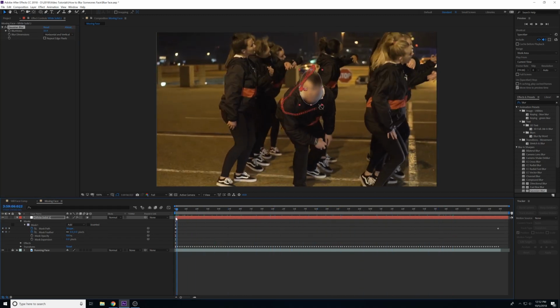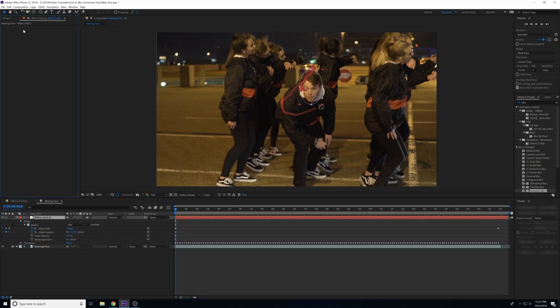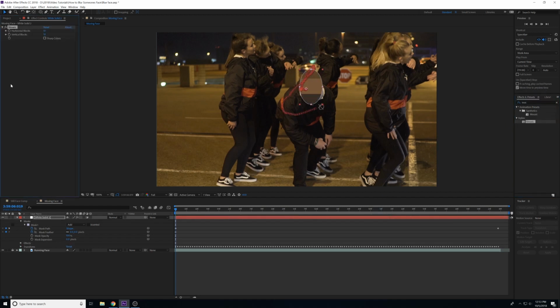But if you'd rather have the traditional type of blurriness, you know, when you see in videos, especially in detective videos when they don't want their face to be seen, it's almost like pixelated. And you're gonna come over to effects and presets and you're gonna look up mosaic, and you will put mosaic on here, and it's gonna look kind of funky at first, and pretty much you're just gonna change how many blocks you want. The more blocks you have, picture it like pixels. The more pixels you have, the better resolution. So if I were to bump this way up, his face is gonna start looking better,